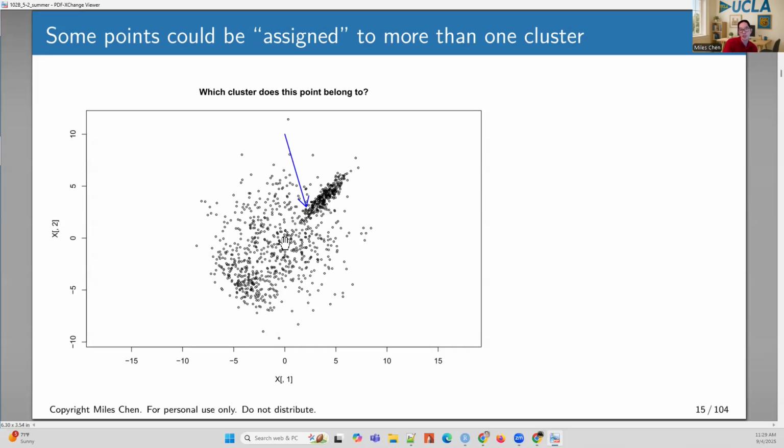Or we could adjust it to 60% cluster one, 40% cluster two. You can see how understanding the Bayes classifier, because basically the Bayes classifier did something similar, would inform how we should